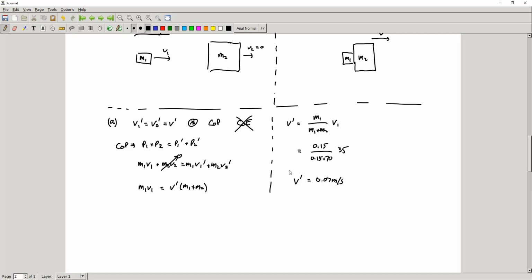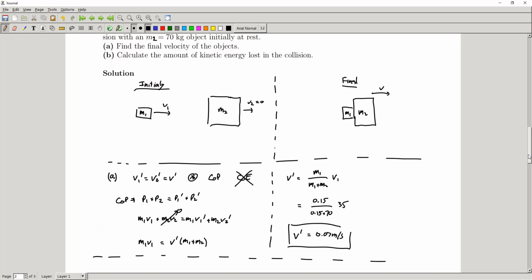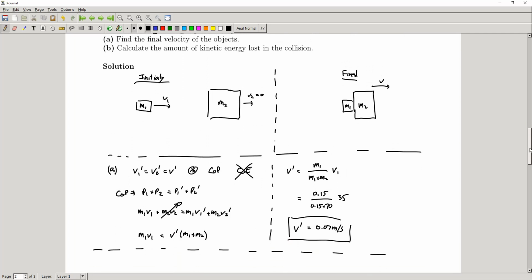And that would be our answer for part A. Does it make sense? Let's take a look at our drawing up here. So we started off with m1 moving with v1 at 35 meters per second, so it's moving quite quickly, but it's very, very